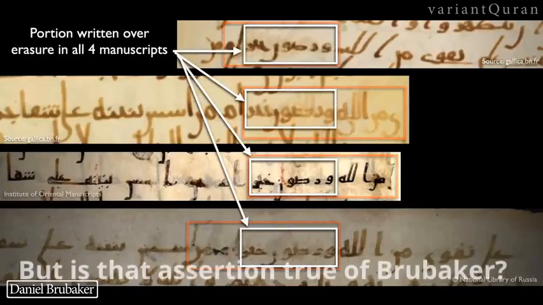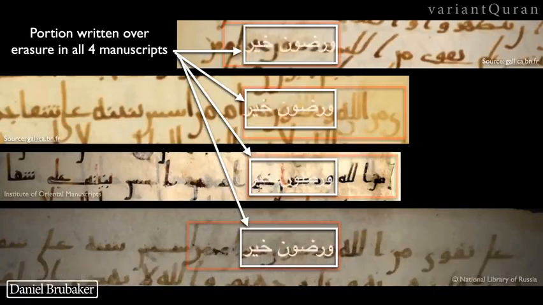A common portion between all four of the manuscripts is the letters, the word wa ridwan higher in each case. Now, the other question to ask is, what would be the cause, or is this merely a scribal error in all four of these cases? There are some known causes of scribal error in early manuscripts, and so we're going to take a look at those at this moment.